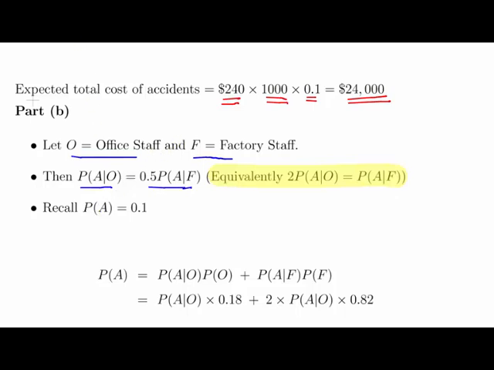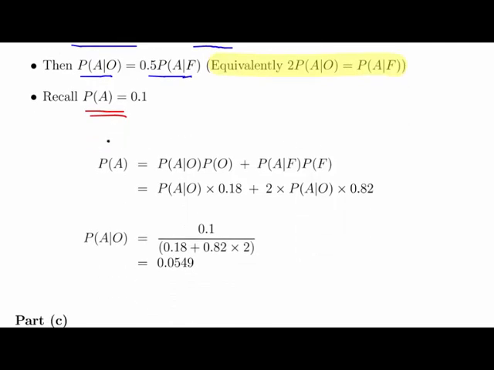Also, we're told earlier on that the probability of A is equal to 0.1. So the probability of having an accident is the probability of having an accident and being office staff, plus the probability of having an accident and, sorry, that's union there,